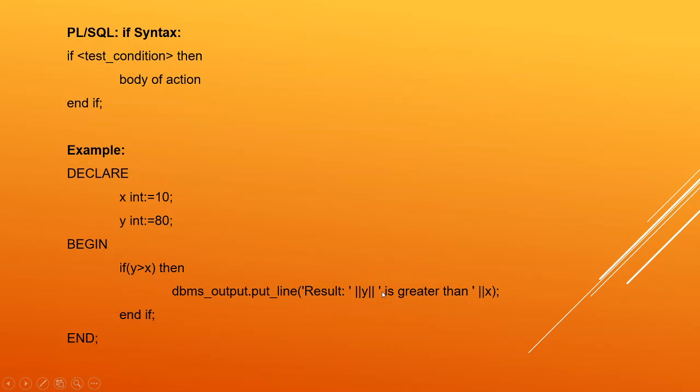I just read out this line and I want to tell you how it gets printed. Whatever is put in the single quotation marks gets printed as it is, and this is nothing but a concatenation operation followed by the variable name. That means we are going to print the value within the variable, not just y. Again a concatenation, we are concatenating with a string constant. Again we are concatenating with a value within a variable. So what gets printed? Result: y's value is 80, result: 80 is greater than 10. So that's how it gets printed.